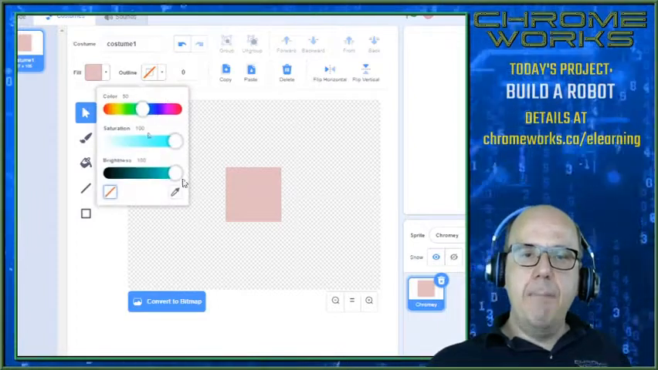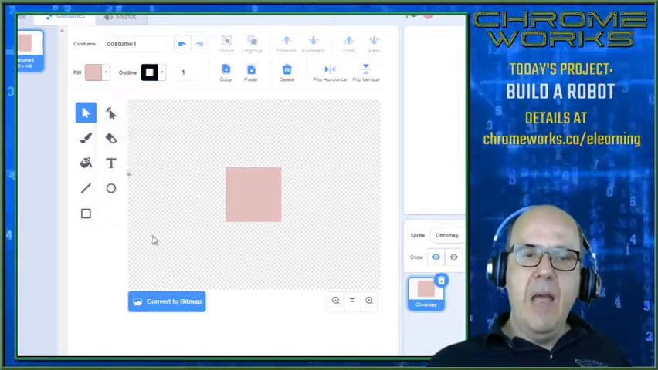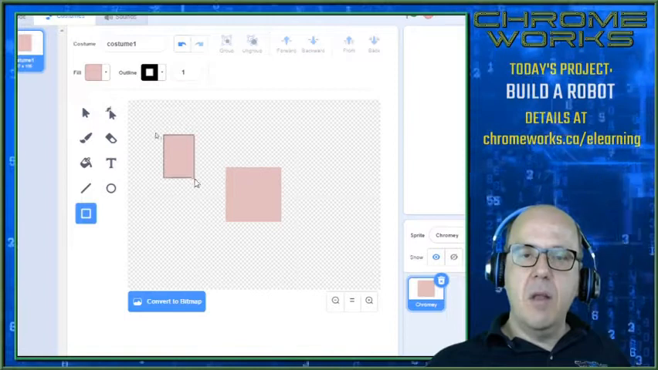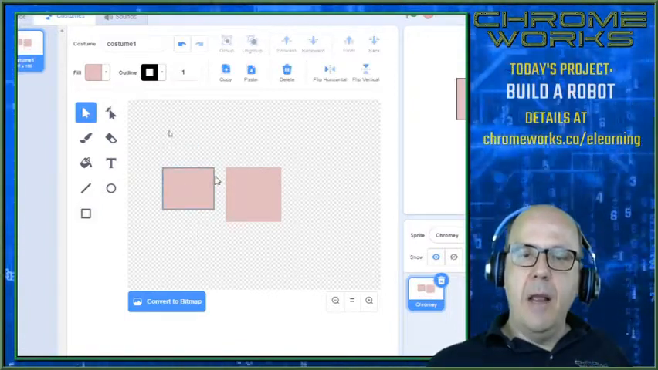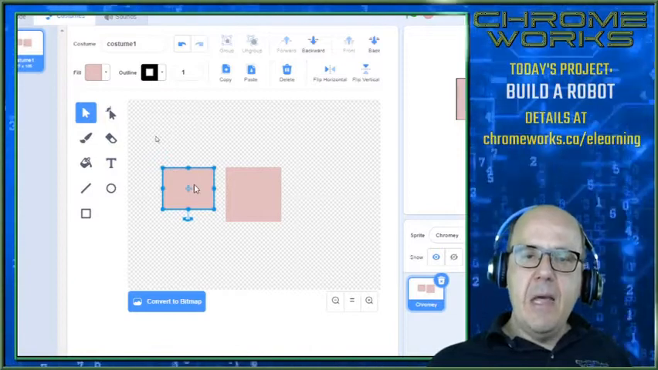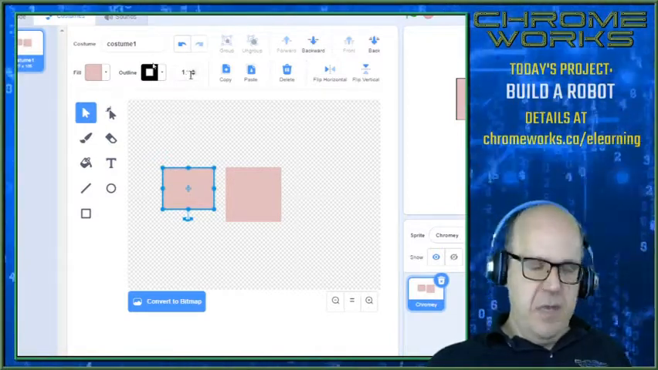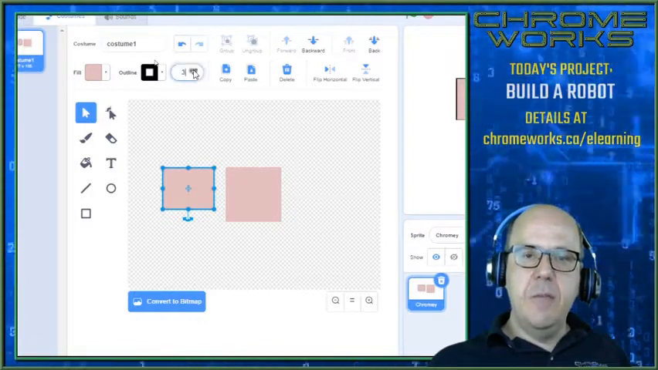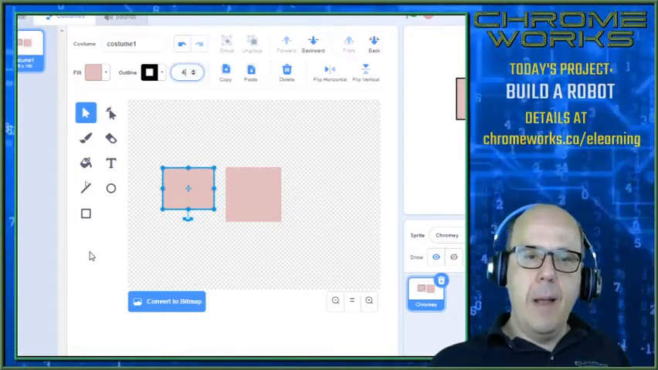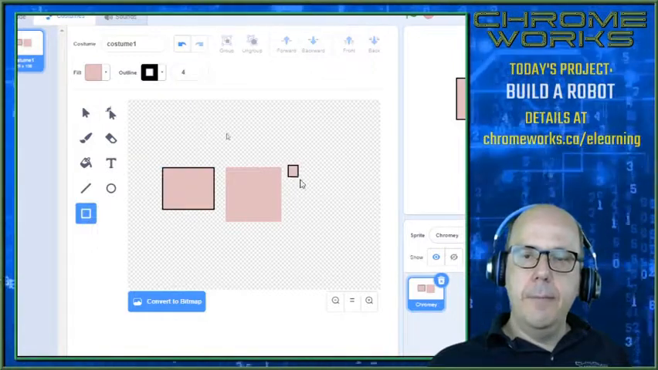It just has a gray box with no edge on it. If I were to pick black here, for example, and then redraw the box, you'll see that this box has a black outline on it. How thick that line is really depends on this number here. So this is the outline and this is the outline thickness. So if I change this thickness to like 4, for example, and then draw a line,